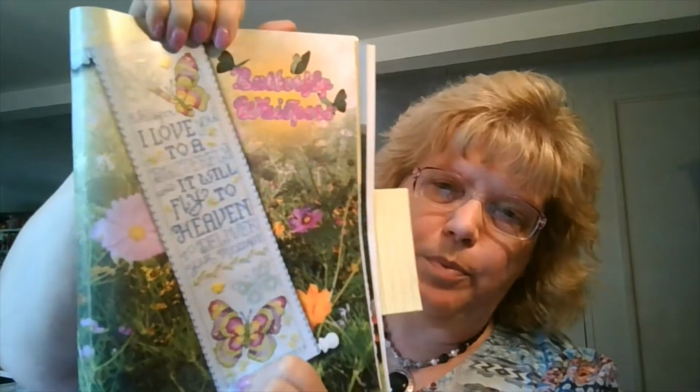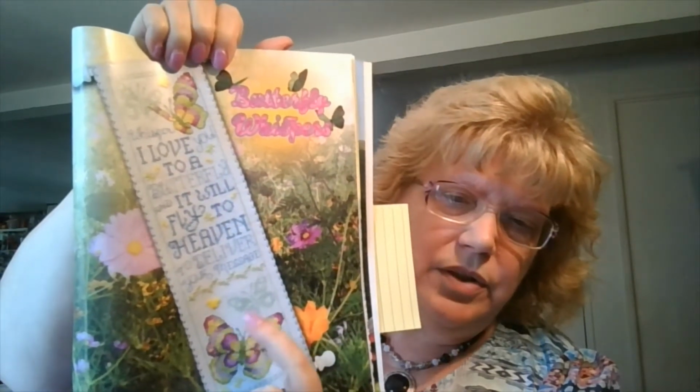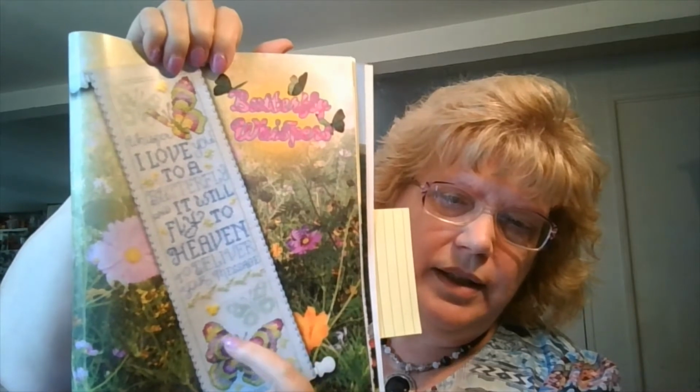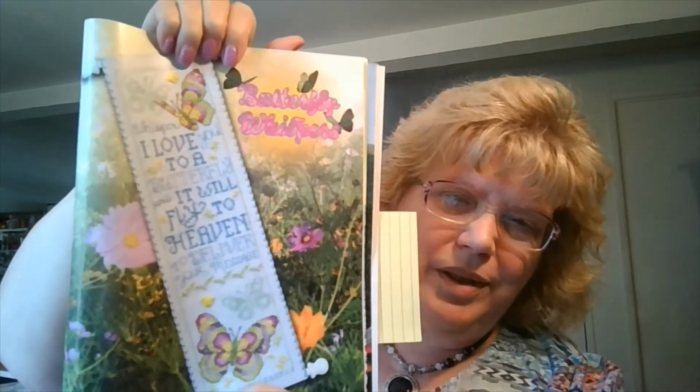Isn't that cool? I had bought the bell pull, but they used a light blue one, which this is from Stony Creek. They didn't have the light blue one, and I discovered with the first bell pull I made, I really don't like bell pulls. So for this one, I changed the fabric. All the flosses are the called for flosses, but I changed the fabric, and I am using,